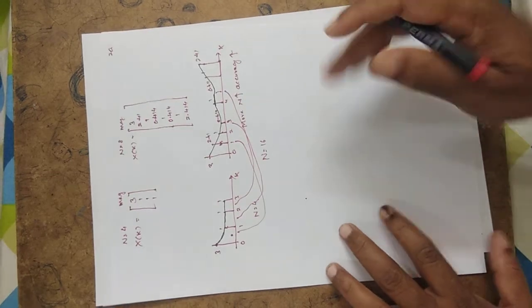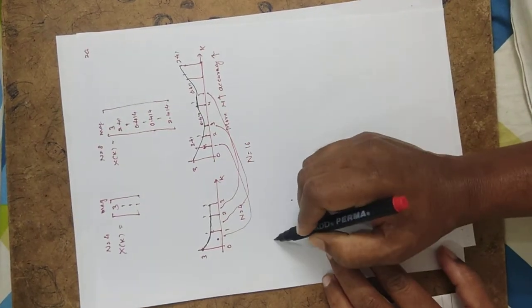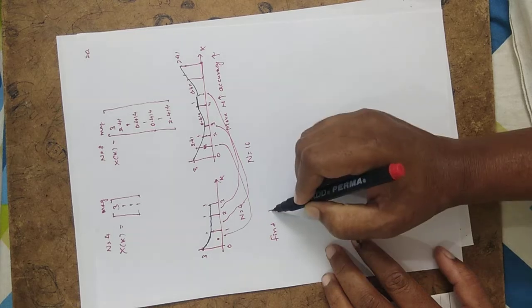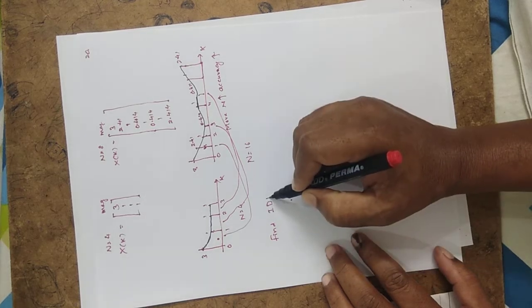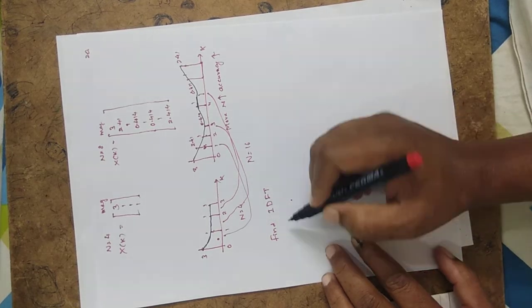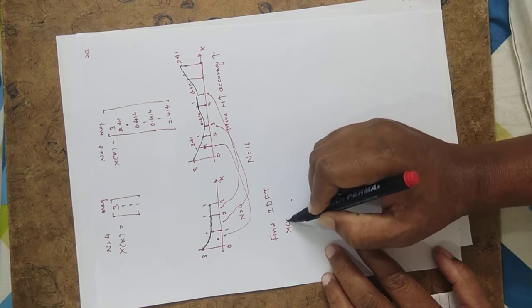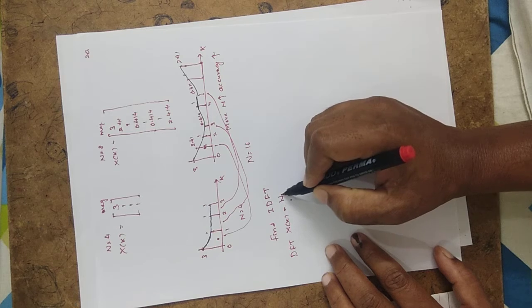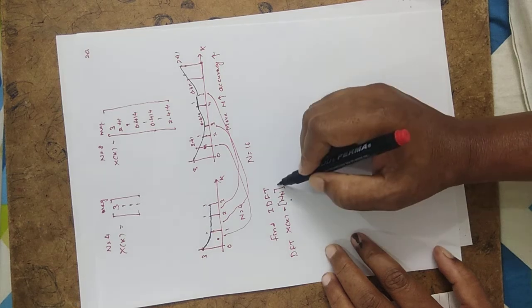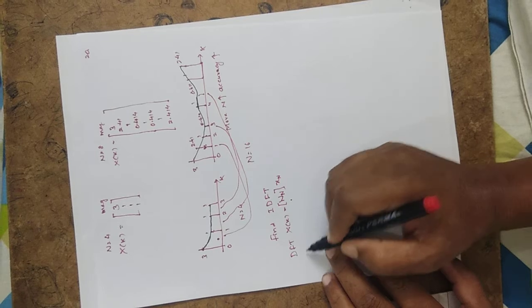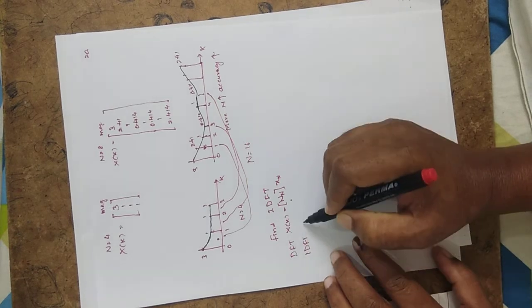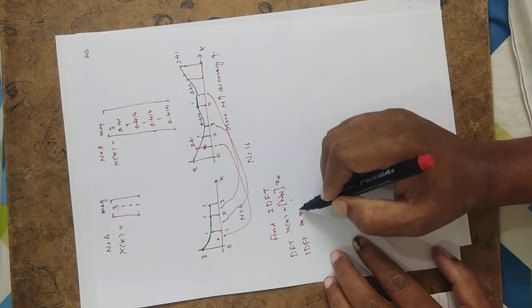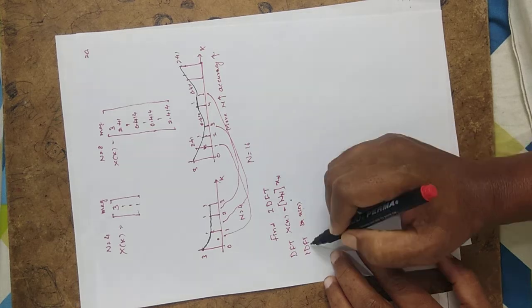So till now we have done the DFT part. Now we'll find out the inverse discrete Fourier transform. So for the DFT, what is the formula? X of k equal to Wn multiplied by x of n. For IDFT, you will get back the x of n on the left side.